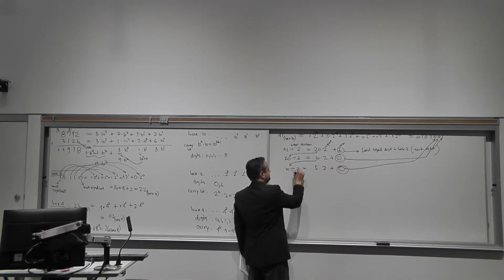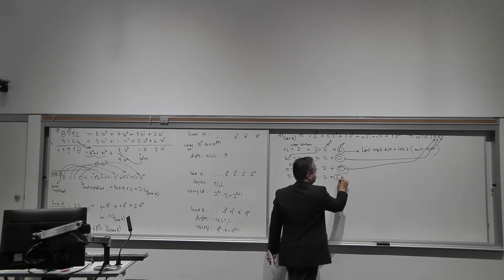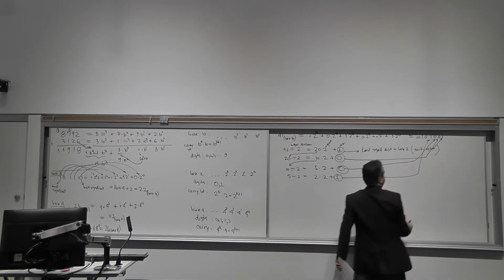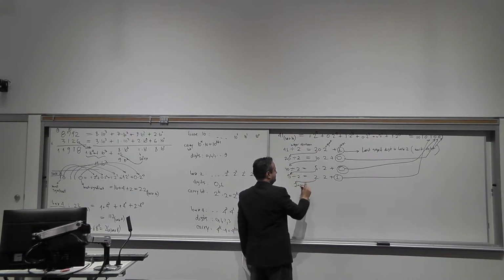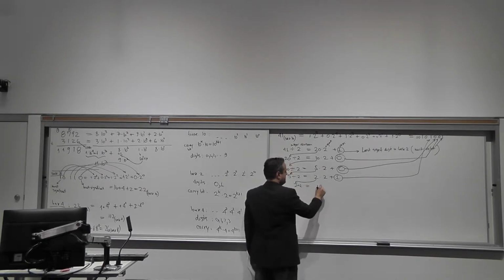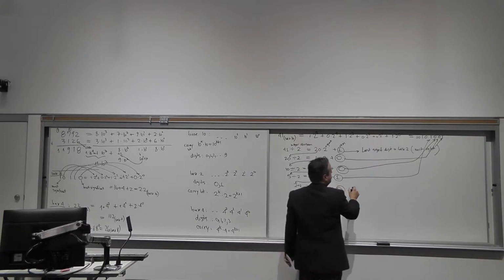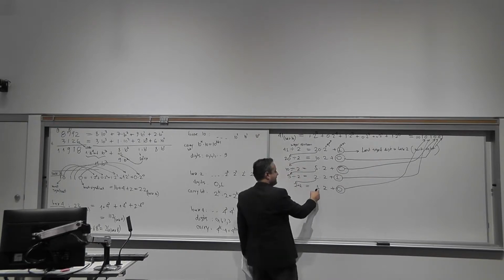Next, 5 divided by 2. What do I get? 2 times 2 plus 1. So this 1 is this digit. Next, 2 divided by 2. So this 5 is from here and this 2 is from here. This divided by 2 is what? 1 times 2 plus 0. So this 0 is where? Here, right? And last one, this 1, the moment I get the 1,